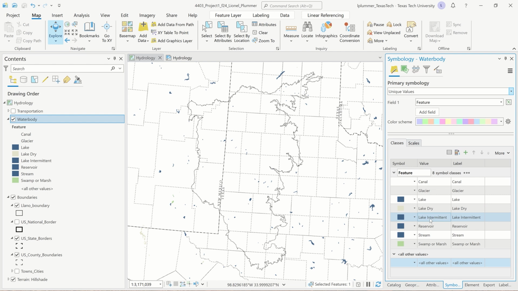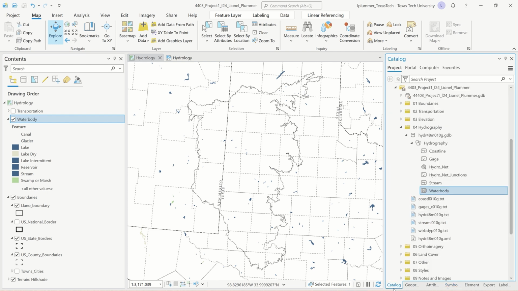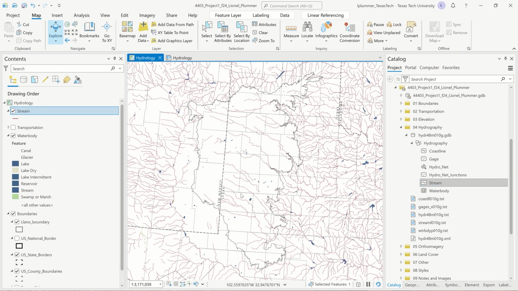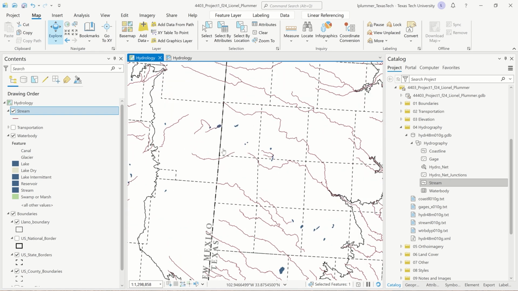Okay, and now let's pop in, let's go to catalog, and now let's bring in our streams. Okay, great. I was hoping we'd have some more hydrology. Now, the problem with streams that are polylines and not polygons, you know, these should actually be called streams and rivers, is if you're going to get really high quality hydrography data on rivers and streams,